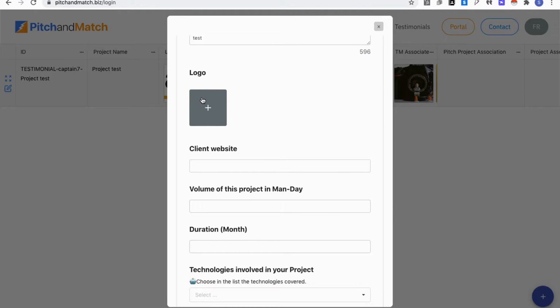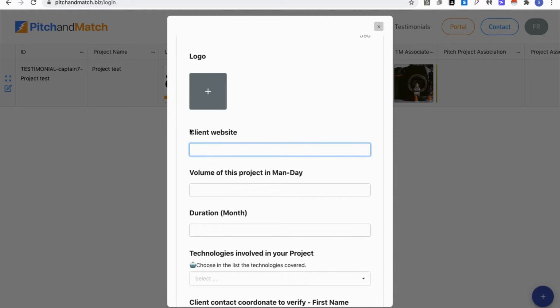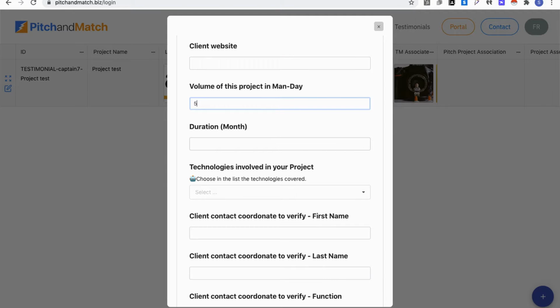It's not mandatory, but it's important to put the client website, and the logo will be automatically uploaded. Volume days. Duration: how many months you worked on that project with your client.